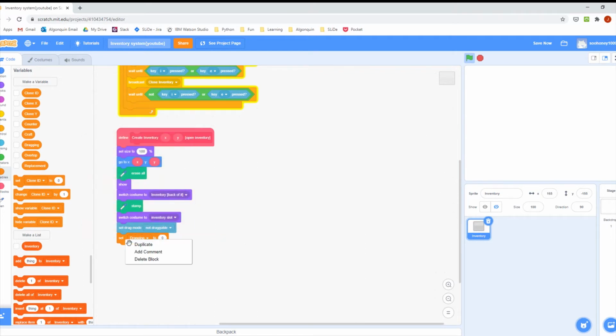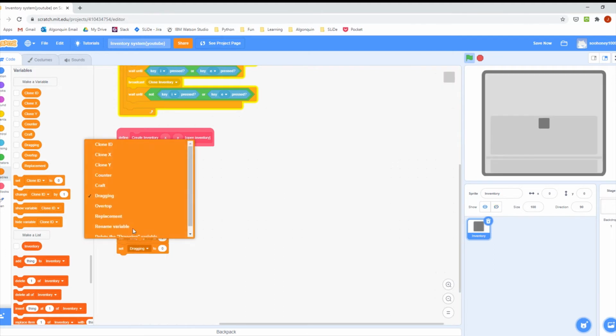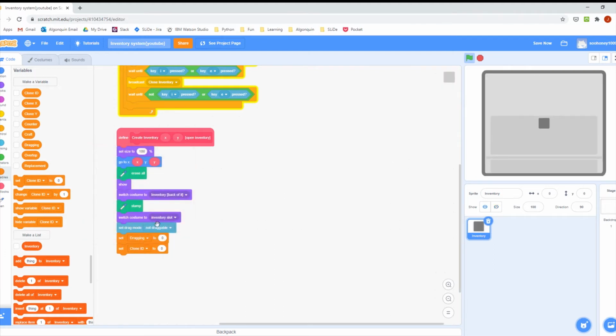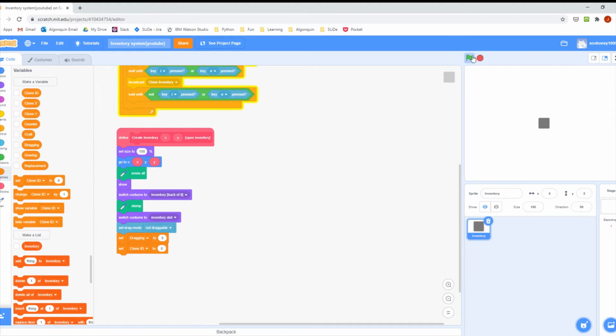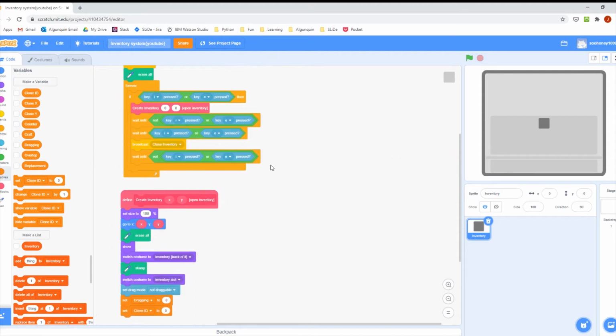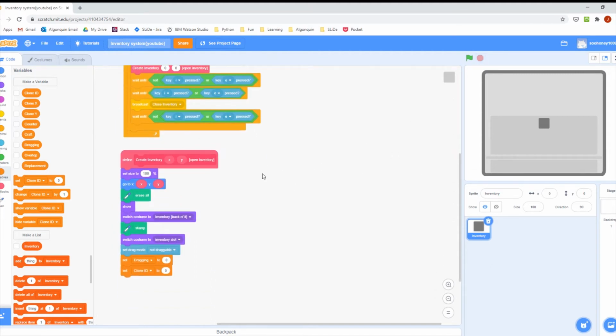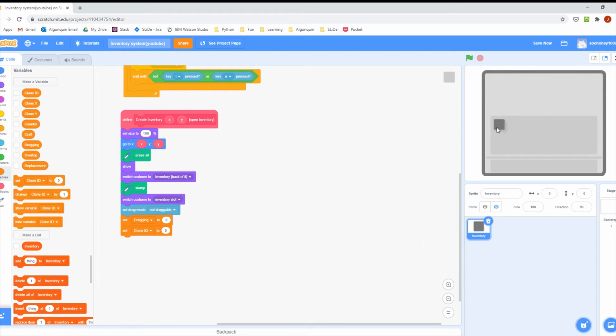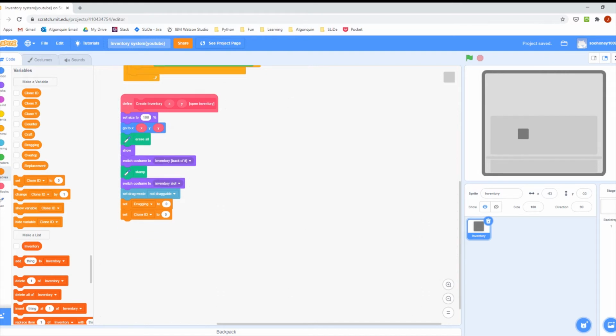And then we'll want to set our dragging to 0 and clone ID to 0. So now you see the back of the inventory is showing when we run the project like that. But now we can open it, but we can't close it. But we don't even have our things yet, so let's first display our inventory slots and then move on to